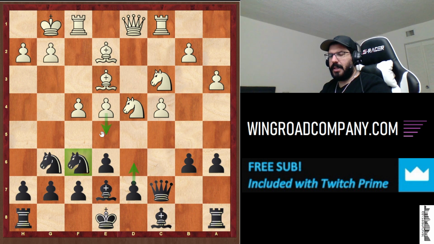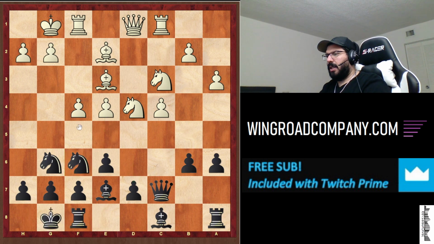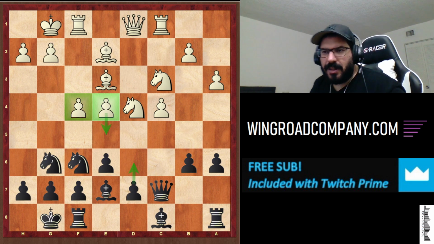Karpov really doesn't believe that d6 is necessary right now, or that e5 is a problem, and he goes with castles. Probably the idea is that after e5 he's just going to go knight e8, and then strike the center with d6, as opposed to having this position here with these two pawns on e4 and f4. Once this guy advances here and we strike with d6, we can...